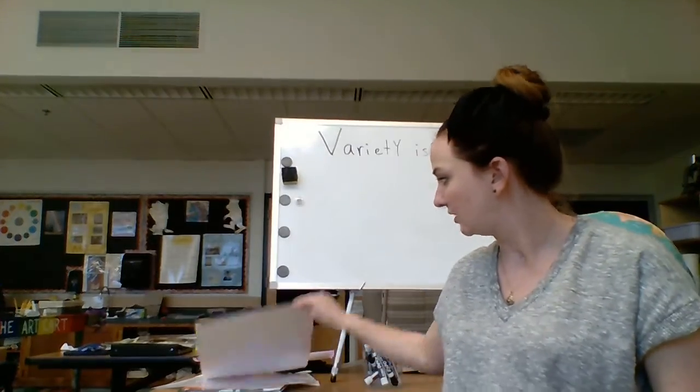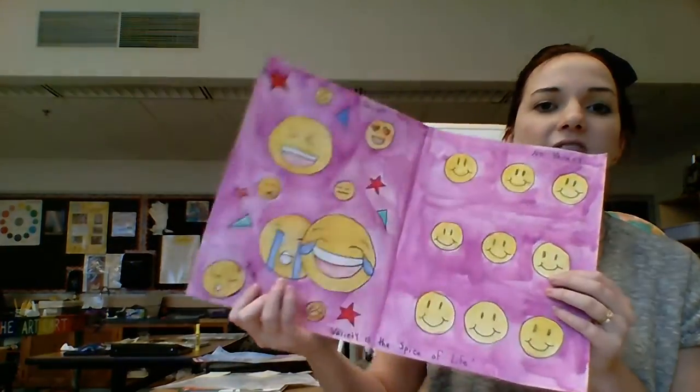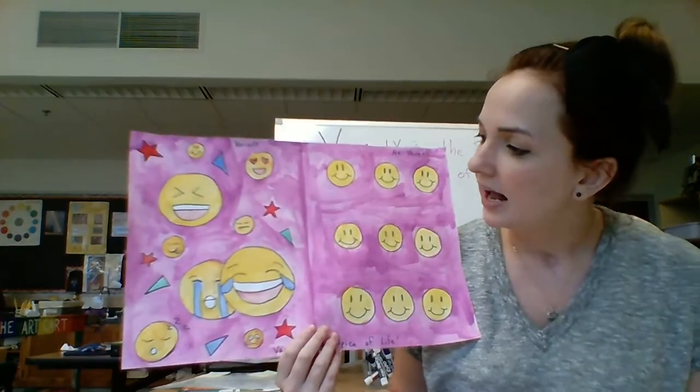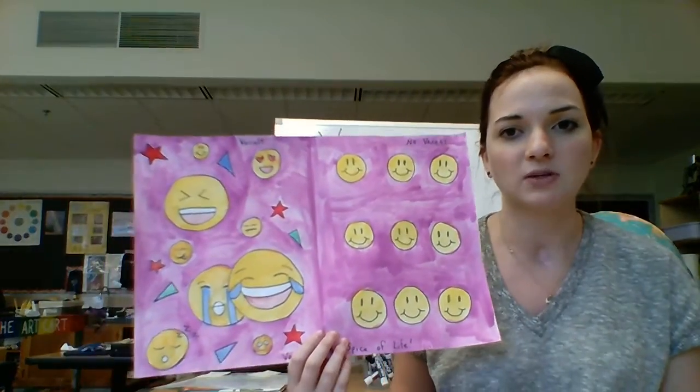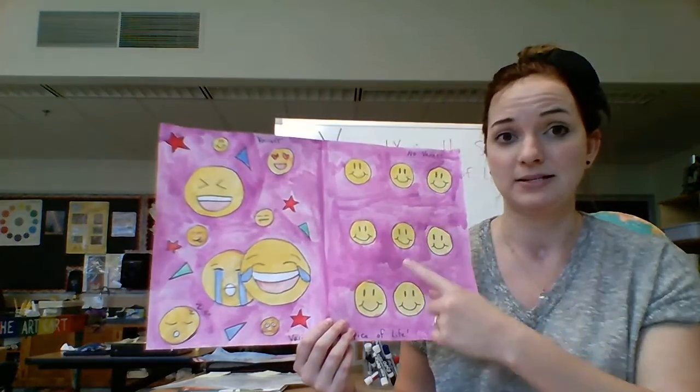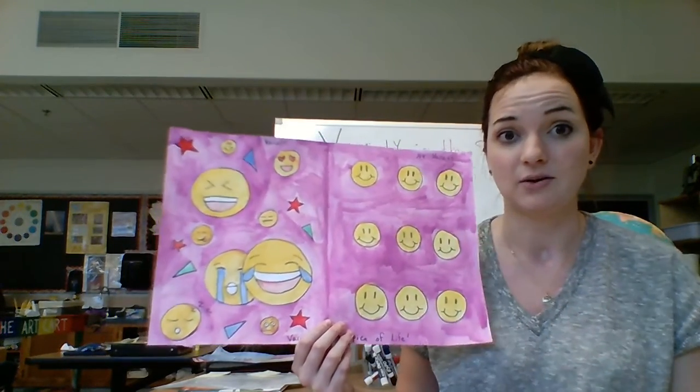All right. For my project example, I took a piece of paper and I folded it in half. Yes, fold it in half, right? And then on half of the paper, I went ahead and wrote no variety up here, just to kind of remind myself. You can hang it up in your room. A beautiful example to remind you that when you're making works of art, you really do need to add some variety to it. Add details, add different things, because otherwise you end up on this side of the paper where it's no variety. You just draw the same thing over and over again, right?